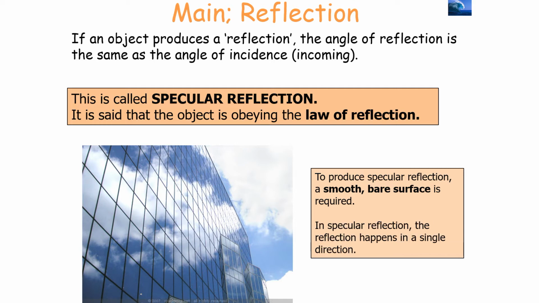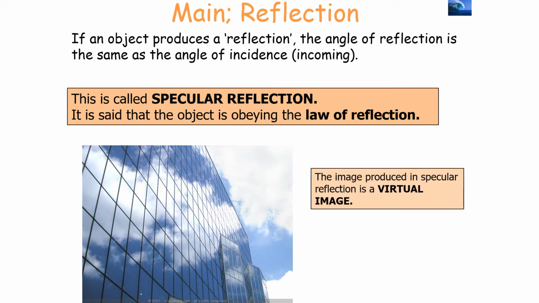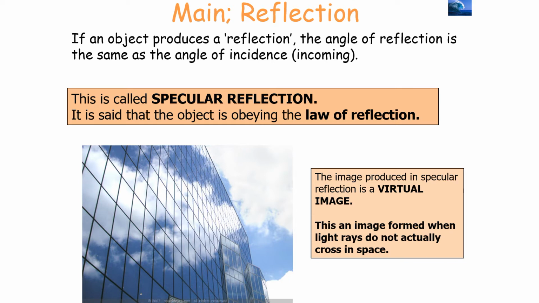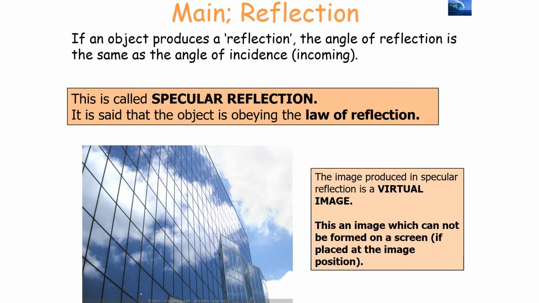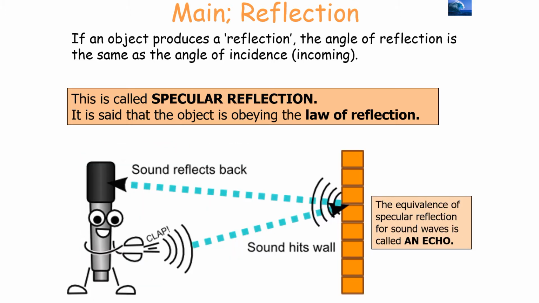In specular reflection, the reflection happens in one single direction at the same angle at which the incoming ray hit the surface. The image produced in specular reflection is what we call a virtual image. This is an image formed where the light rays do not actually cross in space, or an image which cannot be formed on a screen if it was placed at the position of the image. The equivalent of specular reflection for a sound wave is an echo, so it's a very important idea,